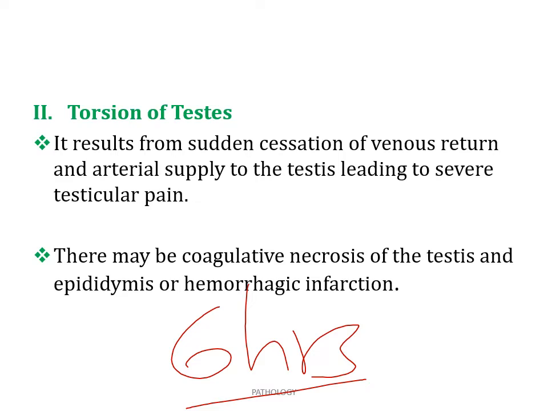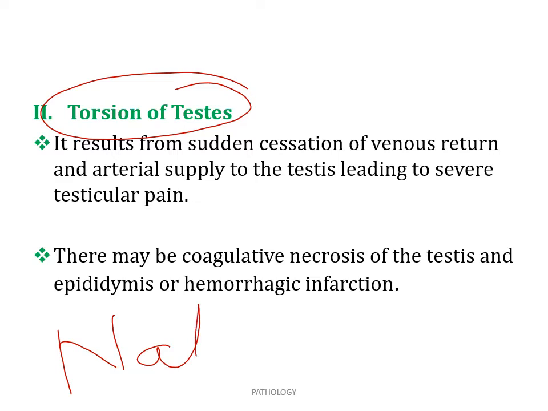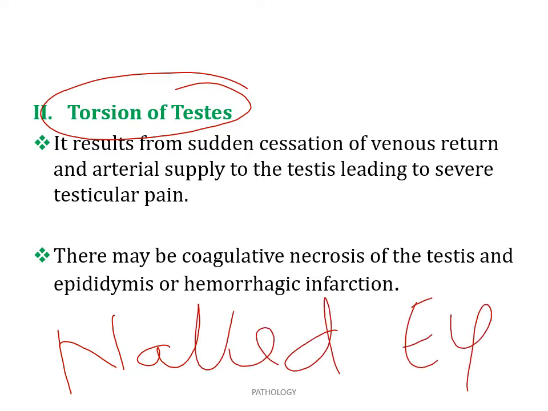The second issue I would like to highlight in testicular torsion is that there is no investigation to confirm it. Sometimes ultrasound can be used, but it does not really give a lot of information which confirms testicular torsion. The only way to confirm it is to visualize the twisted spermatic cord with the naked eye.